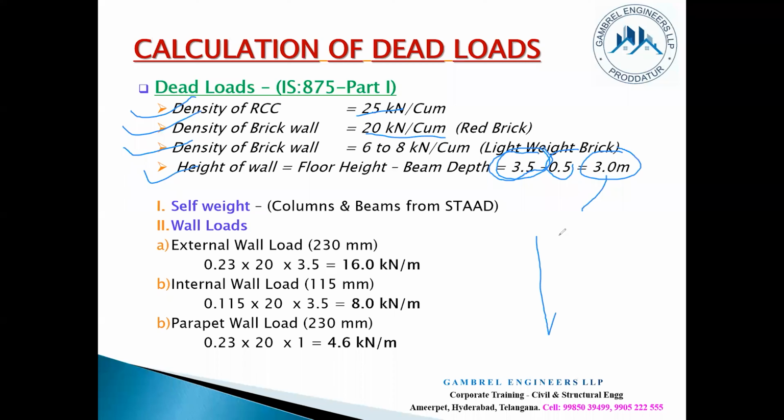Let me say I have a wall here, and of course below this wall we'll have a beam also. We'll have a beam here, and then the wall is acting on it. Above this wall we'll also have a beam like this, and again a slab like this. So the height from this point to this point is 11.5 feet, which is nothing but 3.5 meters. So wall height doesn't mean